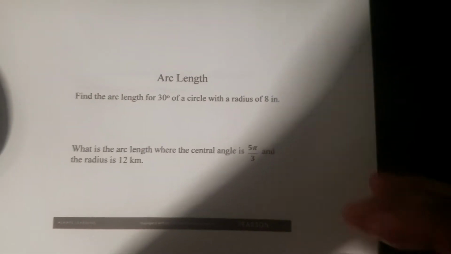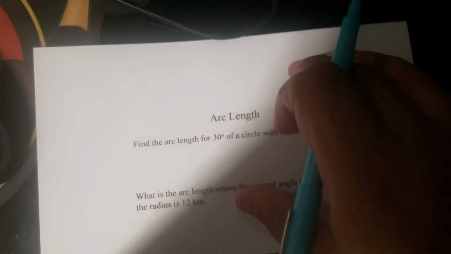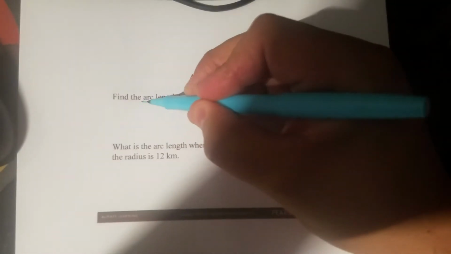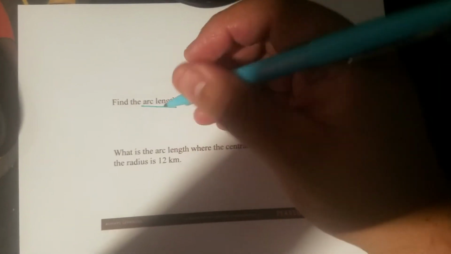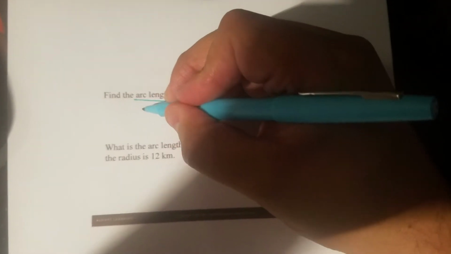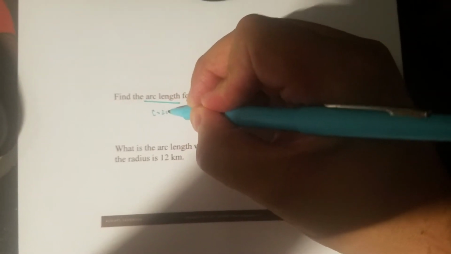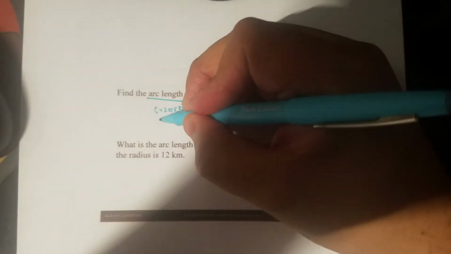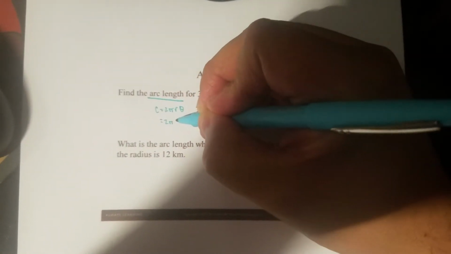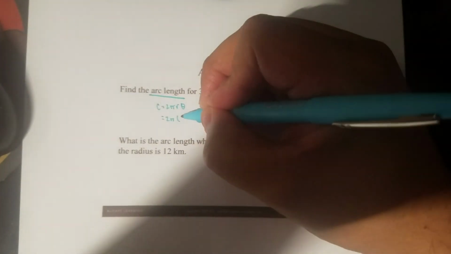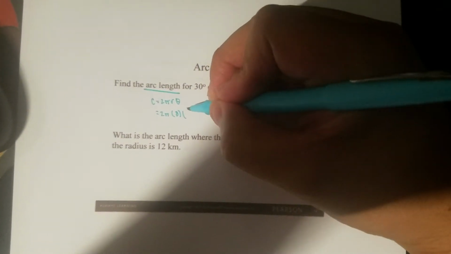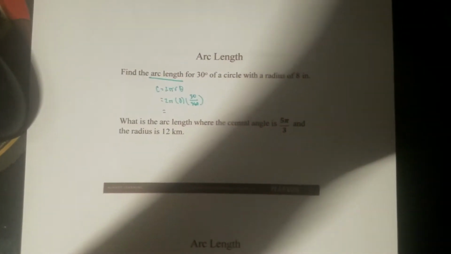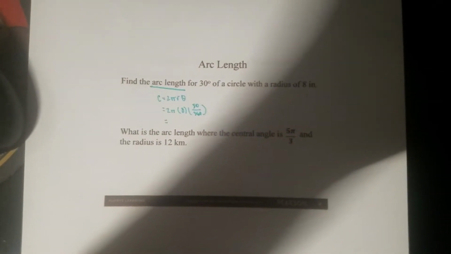So arc length, guys, again, when I talked about this in class, please just be careful what they're asking for. So here they are asking for the arc length. This equation is not on your formula sheet, so it's just circumference, which is 2 pi r. But since we're not dealing with the whole circle, it's just times theta. So this would be 2 times pi times r of 8, times 30 over 360, okay, which equals